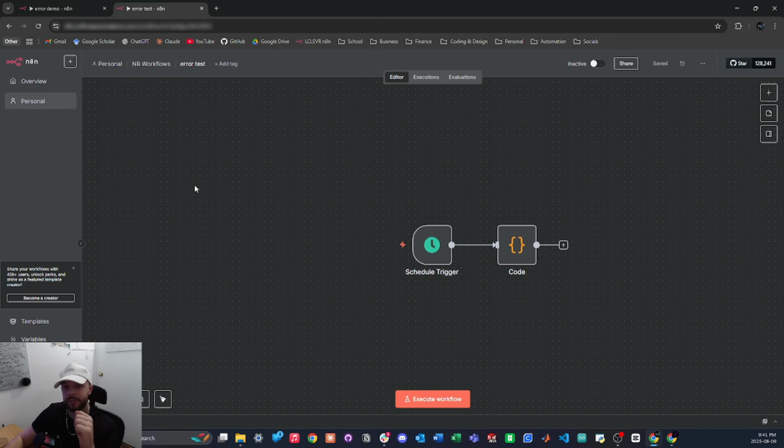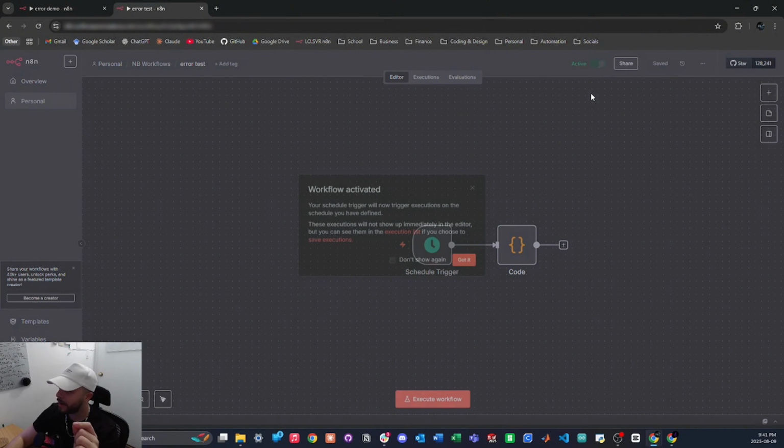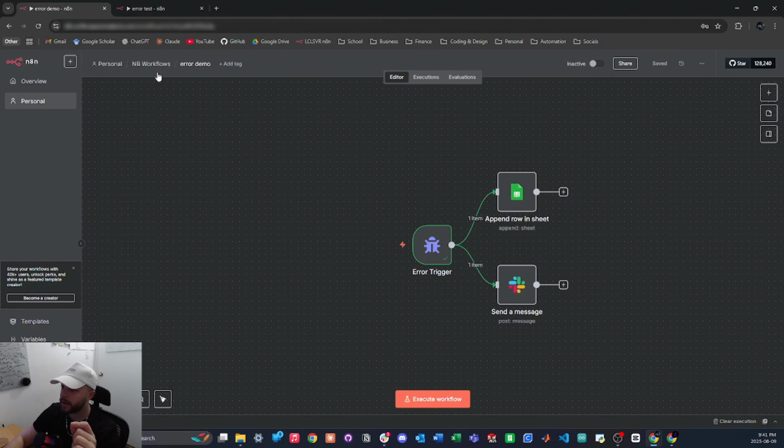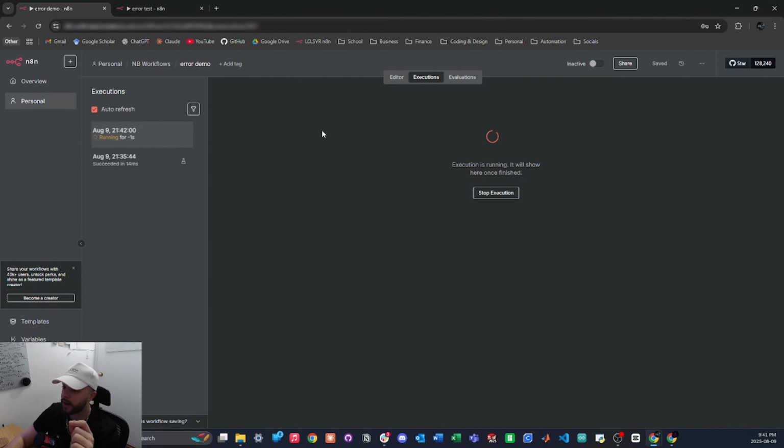So now let's give it a test so we can hook up the error description and I can show you guys how it actually works. But before I do so, just one more quick note. The workflow that you want to connect your error workflow to does have to be active for the error workflow to be triggered when this workflow encounters an error. That was a lot of errors in workflows. So anyways, let's activate this now, and we will hop back into our error workflow and go under executions, and